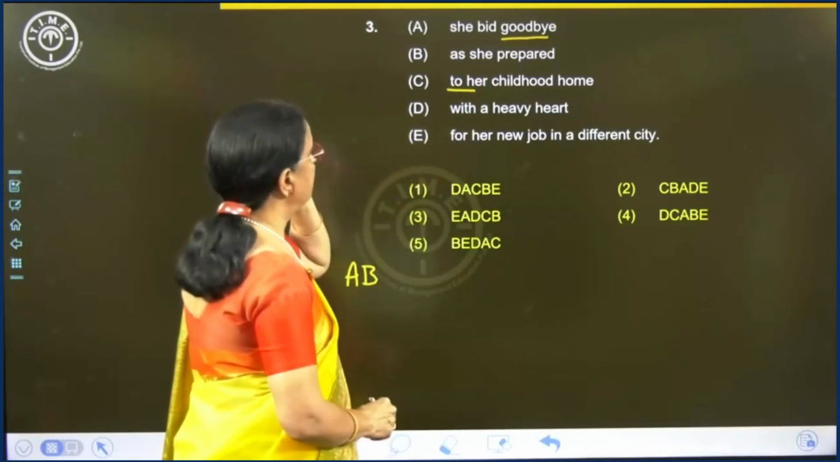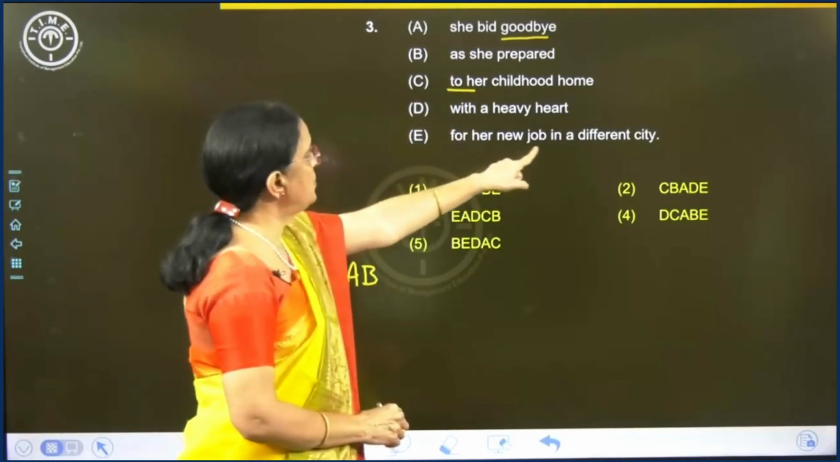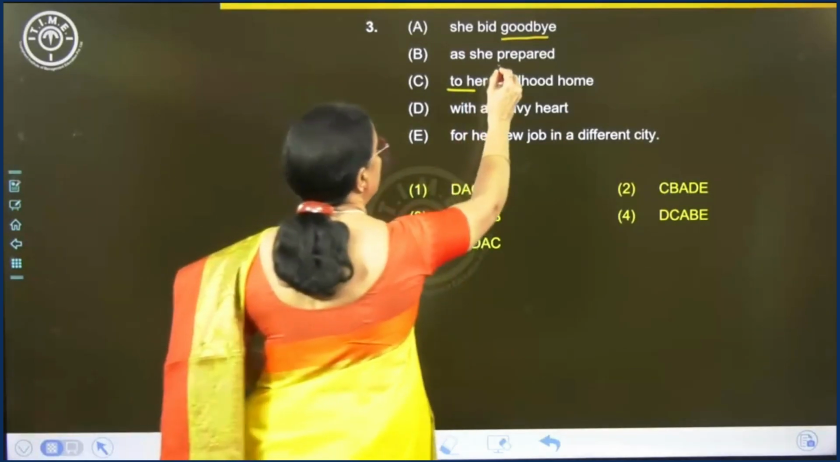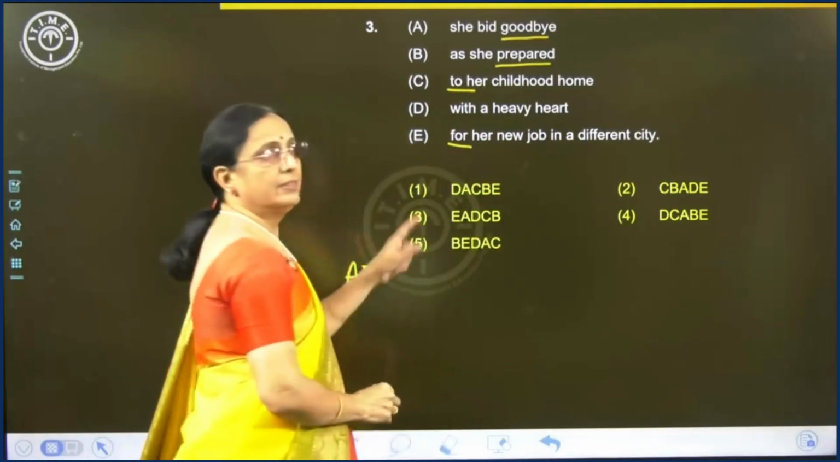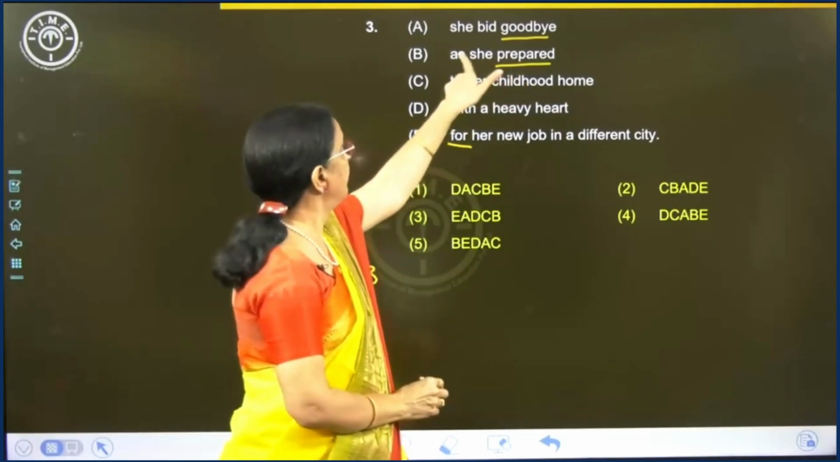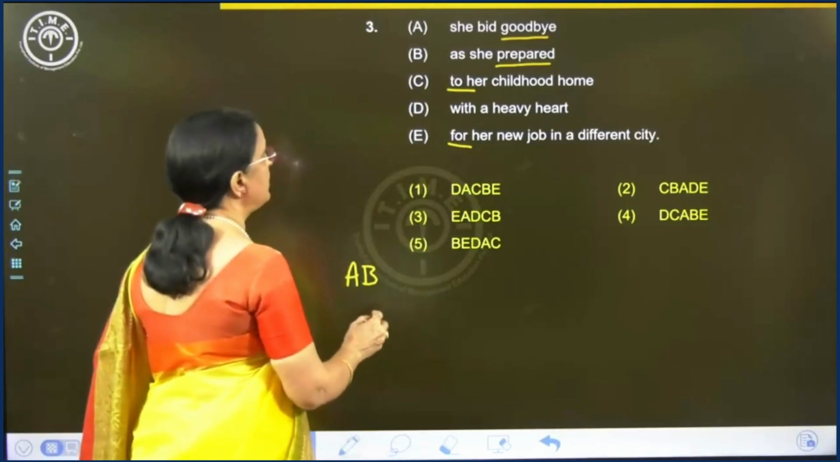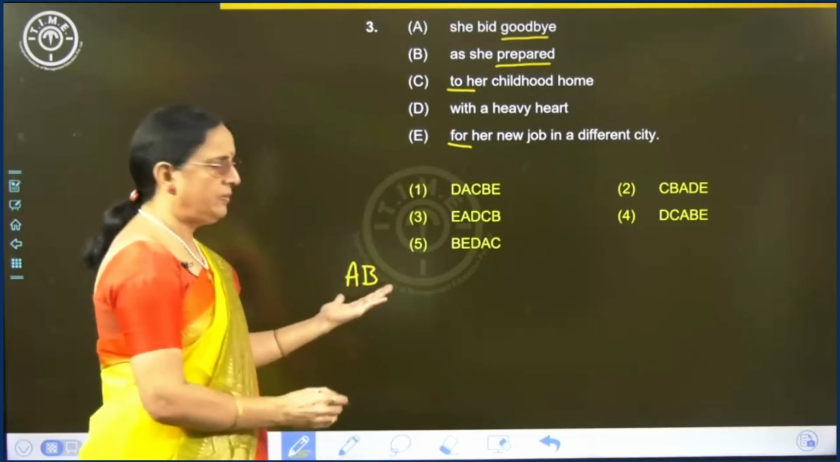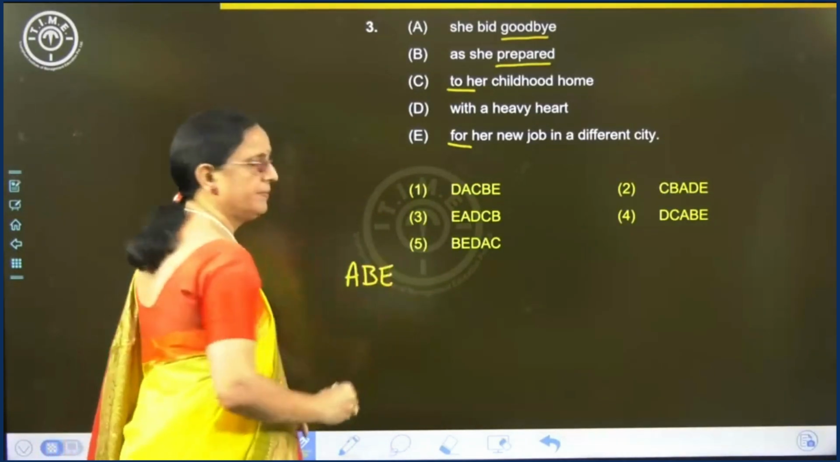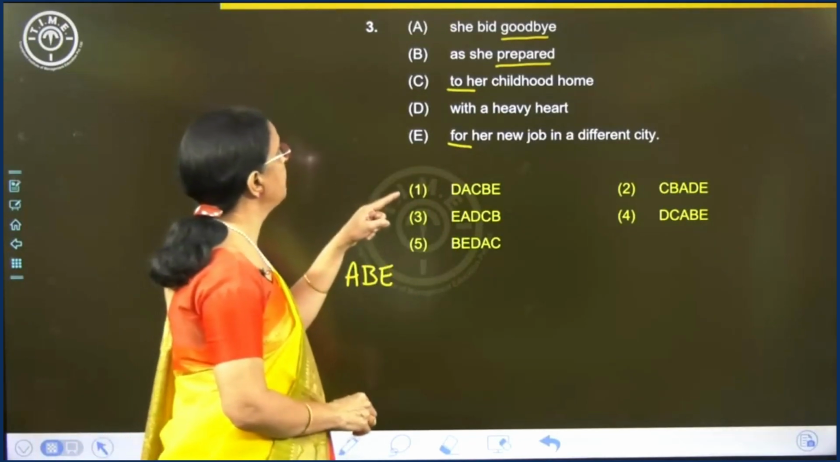As she prepared for her new job in a different city. Prepared for. Right? I'm linking the last word of one part with the first word of another part. So, BE is another combination. All right. So, AB, BE, we can write ABE. Got it? Okay. Then,